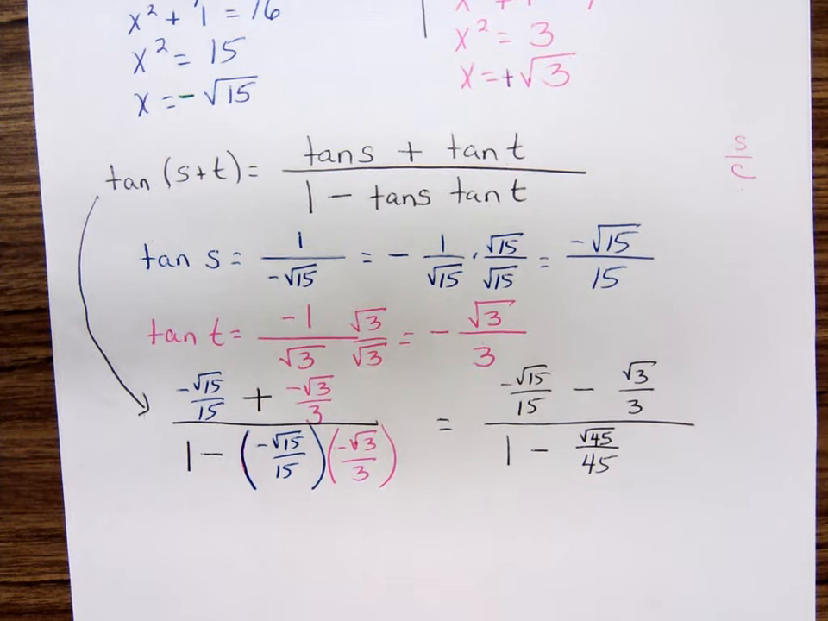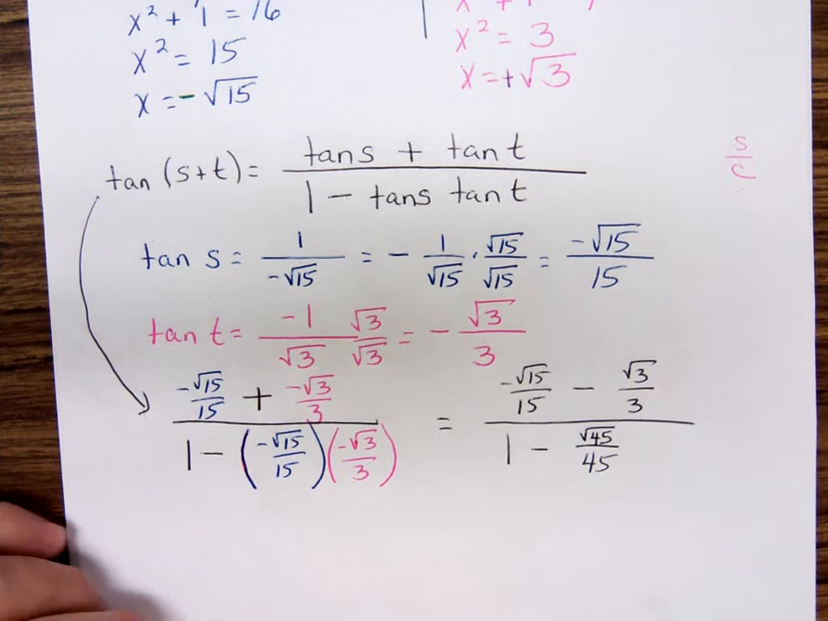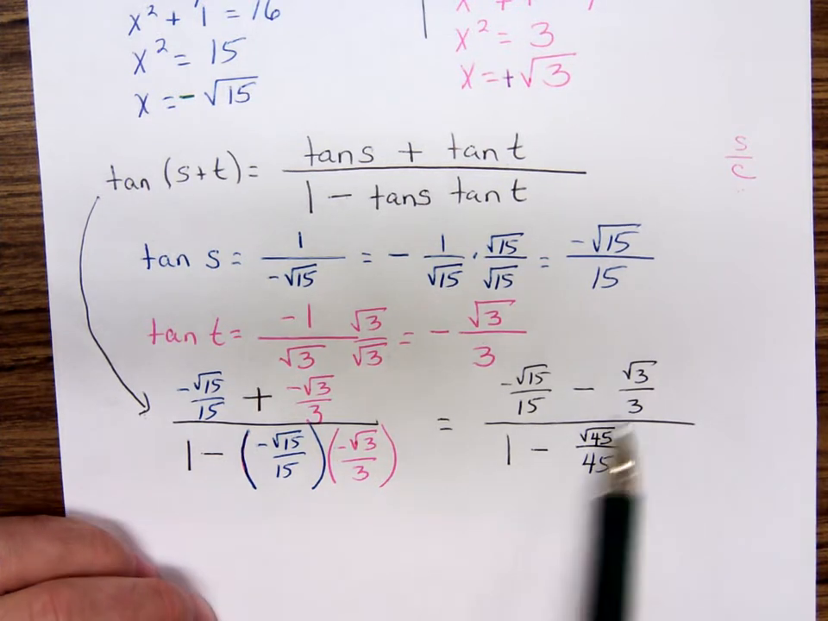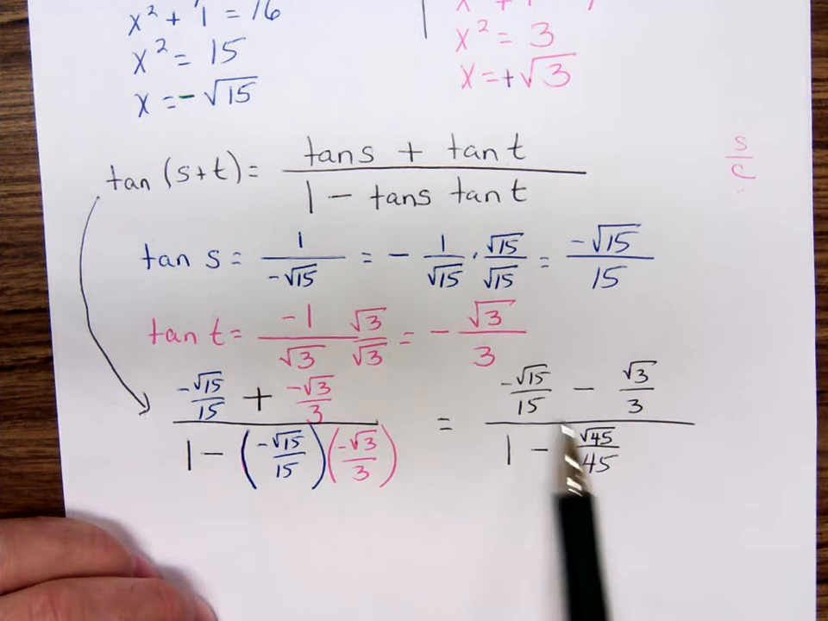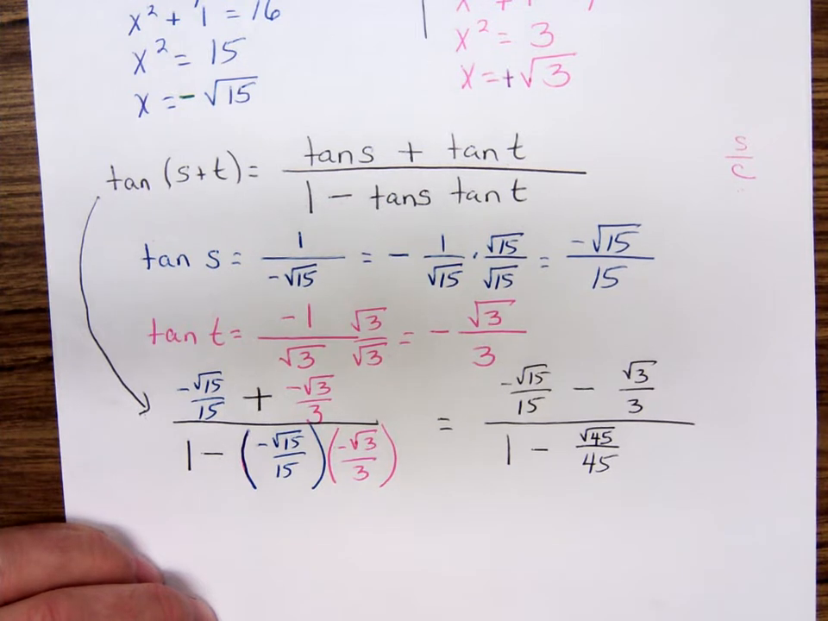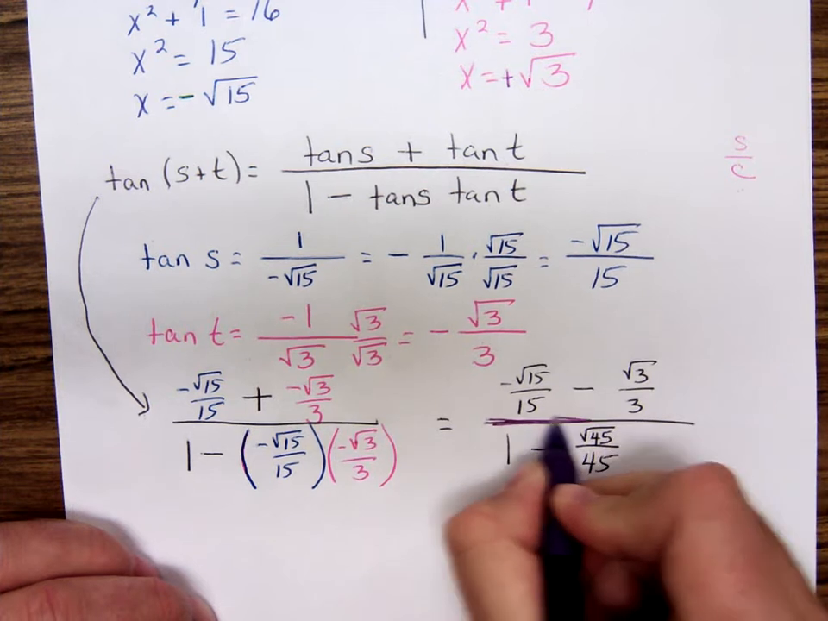Now, I'm thinking we could simplify the square root of 45. Okay? We could either do that right now, or maybe it would look better if we just went ahead and reduced this compound fraction. Notice how we have 3 denominators within the fraction. So if I multiply above and below this fraction bar,